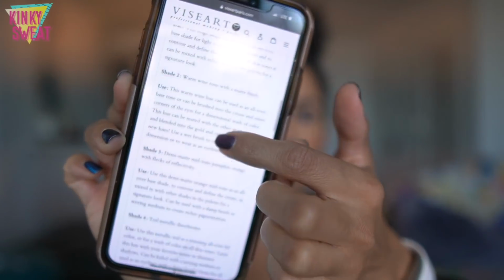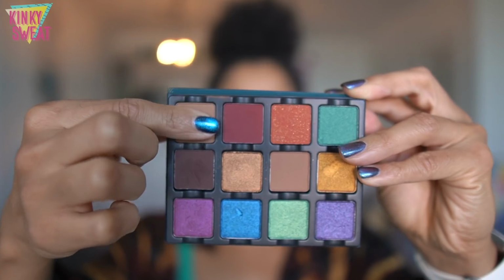I think that is incredibly helpful, especially if you're just getting into eyeshadow and maybe you're recommended to start with Viseart and you're like, which one do I put on? What's happening? They give you tips as to how to apply each shade, where on your lid to do so. I think that is incredibly helpful and just shows how Viseart Paris goes above and beyond to help their consumers use their product. First up, we have